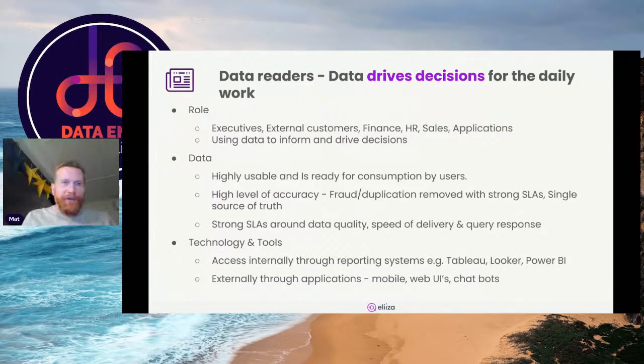The technology and tools these users need are, internally, access to reporting systems, for example Tableau, Looker, or Power BI. And then externally through applications, like mobile applications or web UIs or even chatbots. So in terms of abstraction, they're really abstracted away from the data itself. They're viewing or reading the data through these systems.